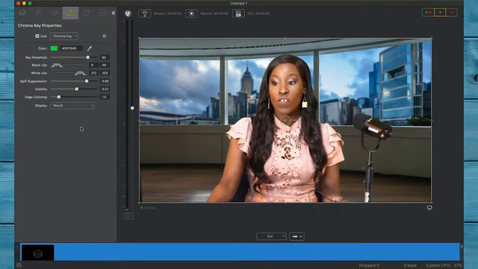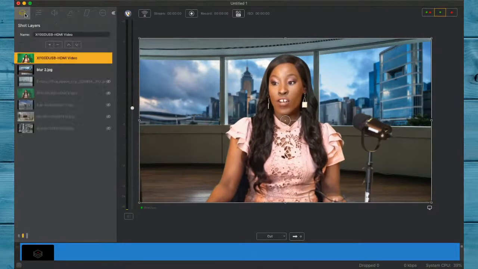Okay, so now that you've done that, another tip to turning that up even a little bit more is color correction inside of the software itself. So what you want to do is just go to the color area. Make sure you have the layer selected, go in, and with the color,